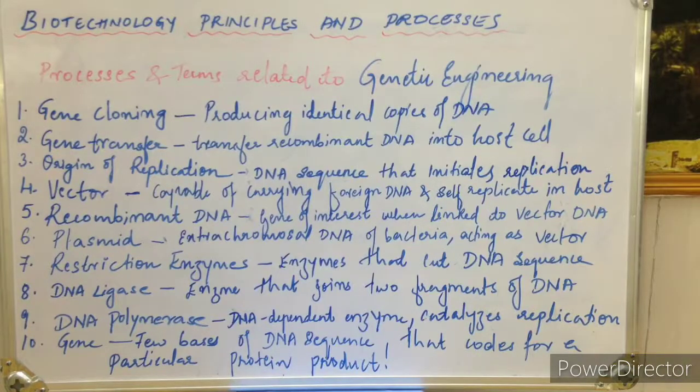Now from where are we going to get this gene of interest? A particular organism has a genetic material or the genomic DNA. From that you are going to cut apart. It has different types of chromosomes that are coding for different proteins or characters. Now whatever the desired character you want, I mean every gene codes for a product, right? So whatever the desired product required, for that particular product there is a gene responsible, so you need to cut that particular gene, right? So that is possible with the restriction enzymes.